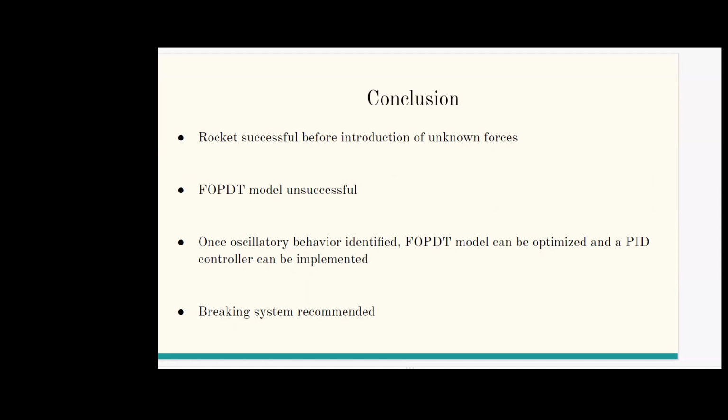The rocket was successful before we introduced the unknown forces, as the pink line graph showed that our rocket was able to go from point A to point B in a straight line and offset the forces of gravity from nearby planets. However, these unknown forces made it difficult for the rocket to respond to with the FOPDT model, which may have been bad parameters. Either way, we weren't able to get good parameters for the FOPDT model, so we weren't able to optimize